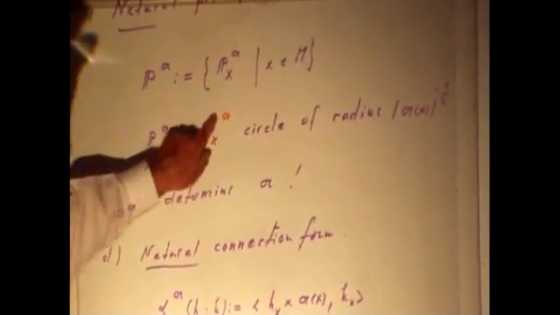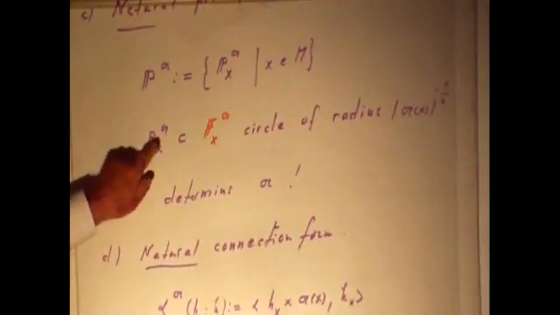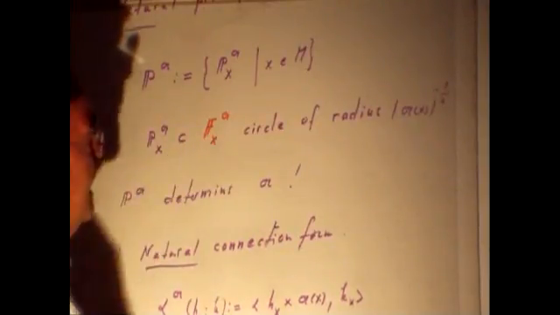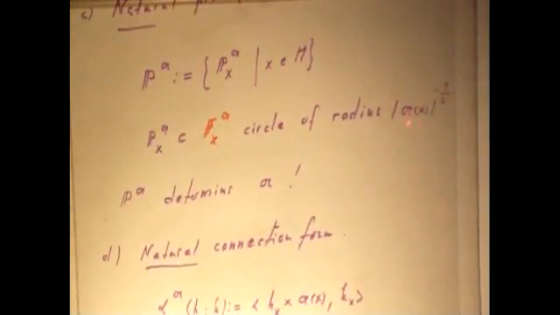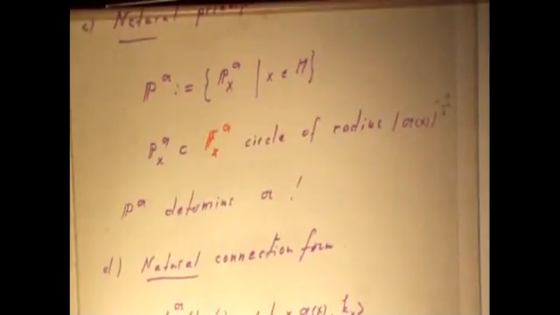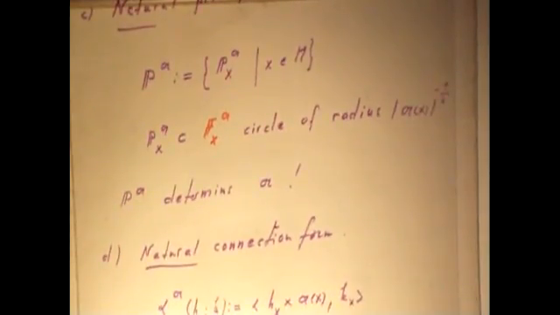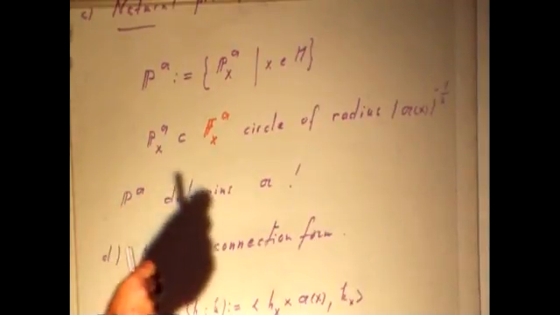At each fiber, we take a circle centered at 0, and the radius has this magnitude. The norm, the length of A of x, and then put into d to the minus a half. It looks a bit odd, but it gives us in this way a natural, an obvious way of the length of the vector and the natural connection form and all that, namely a natural principal bundle in total. The smaller the circle is,